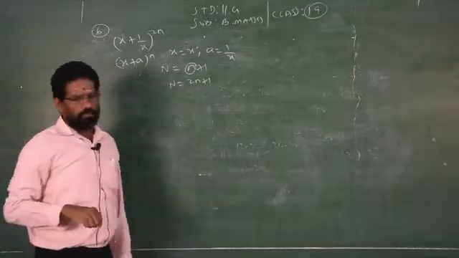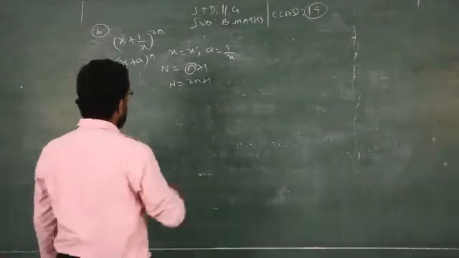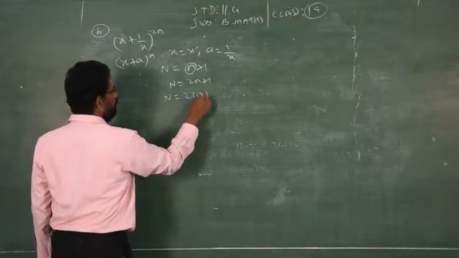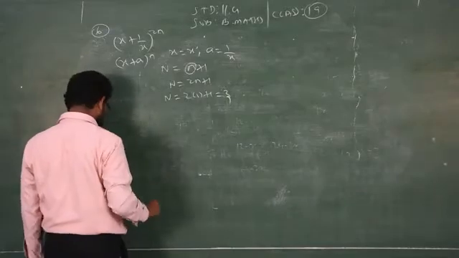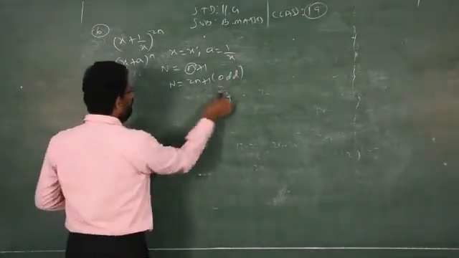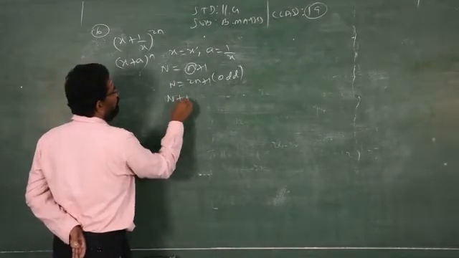But you should find out whether it is an even number or an odd number. How do you find out? If you replace small n by 1, my answer is 3. So I got an odd number. Therefore, it is odd. So if it is an odd number, then you have to find (n + 1) by